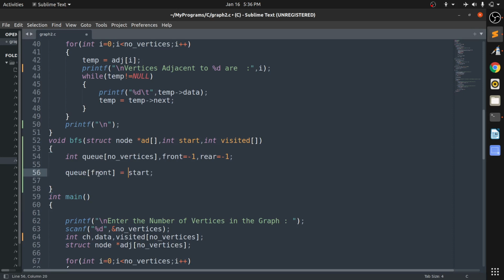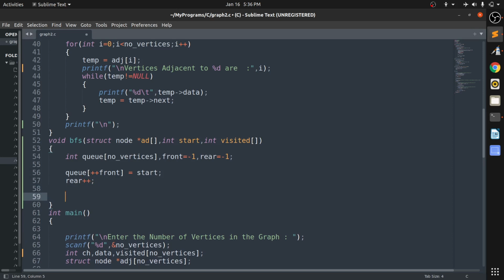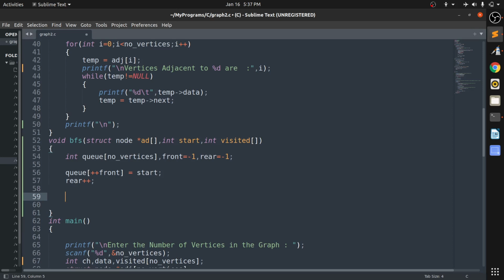So before pushing it into the front, it is pointing to -1, so it first points to 0, so it is pre-incrementing, means it will increment itself first, so it will become 0 and then it will store into queue of 0. Okay, then rear I will also increment once. Okay, rear will then also point to 0. So that's it. Now just like previous our